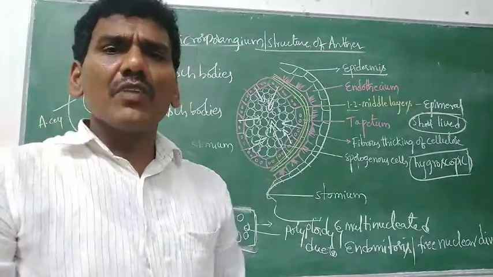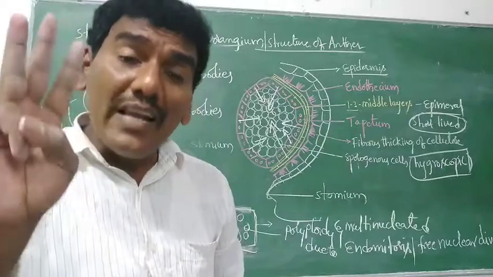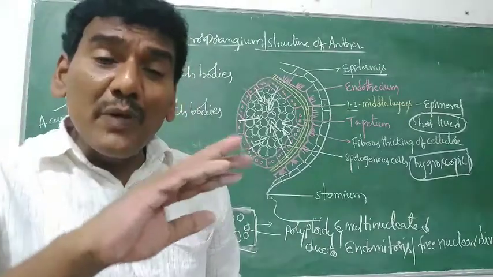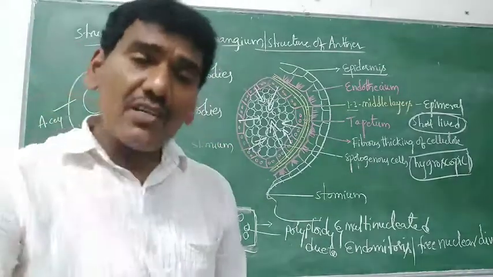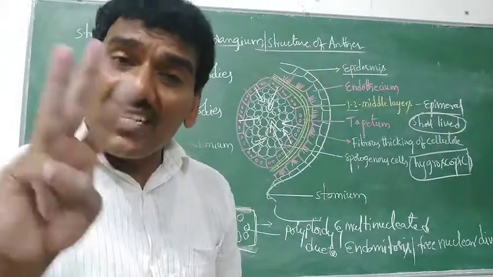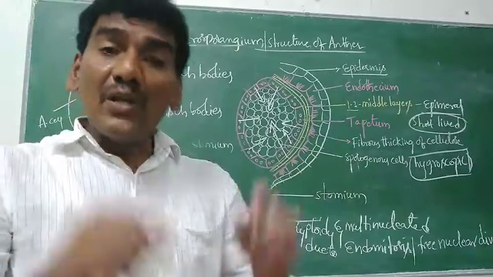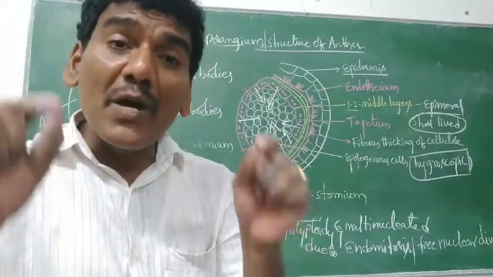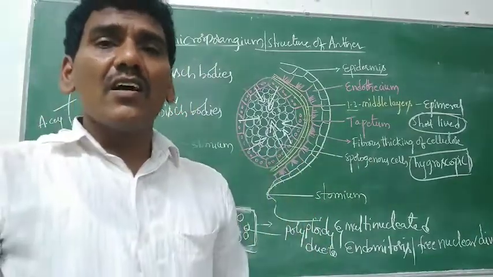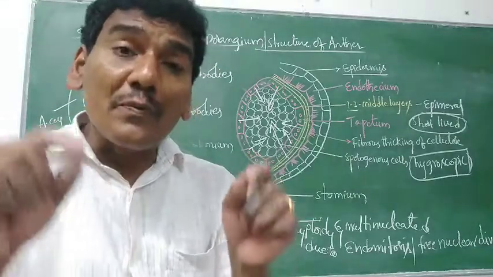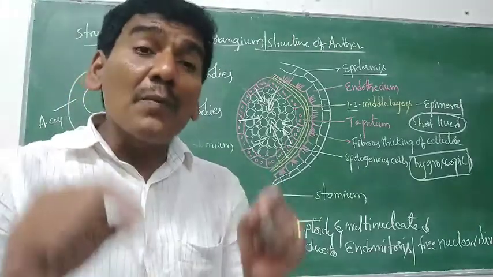Next, the middle layer. One to three celled middle layers are present below the endothecium, in between the endothecium and tapetum. The middle layer cells are made up of parenchyma cells. The parenchyma cells store the food material. At the time of anther maturation,